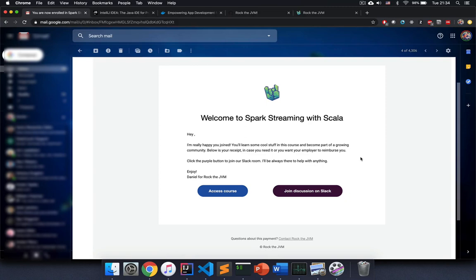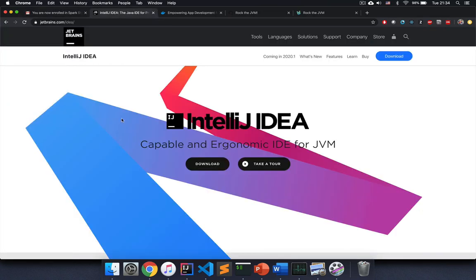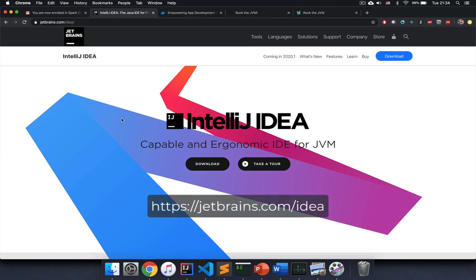Alright, now after you've done that, I'm going to ask you to install IntelliJ IDEA, which is going to be our development environment for this course. Now, because we're doing Spark Streaming, this already assumes that you already know how to write Scala and you also have some Spark skills, which makes me assume that you have IntelliJ IDEA already installed. But just in case the zombie apocalypse erased IntelliJ IDEA or some development environment from your computer, go ahead and go to